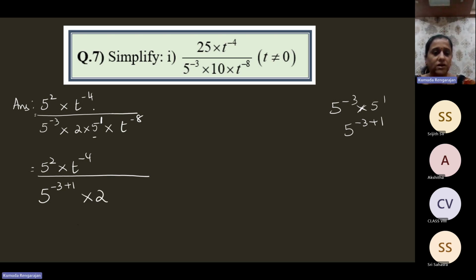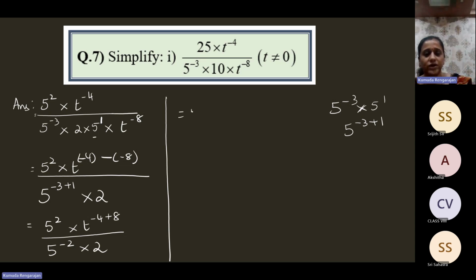And then we have t to the power minus 4 in the numerator and t to the power minus 8 in the denominator. So it's division. When bases are same and it's division, we have to subtract the powers. Right? So minus 4, minus 8 are the powers. Subtract the powers. So this is 5 to the power 2 into t to the power minus 4 plus 8 by 5 to the power minus 2 into 2,